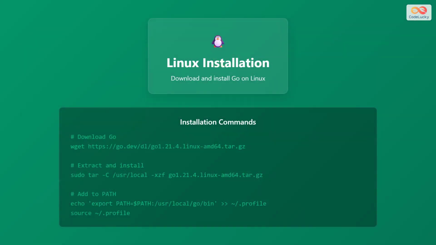Now let's install Go on Linux. Open your terminal and use the wget command to download the Go binaries. For example, to download Go version 1.21.4, use the command wget https://go.dev/dl/go1.21.4.linux-amd64.tar.gz. Once the download is complete, extract the downloaded archive to the /usr/local directory using the following command: